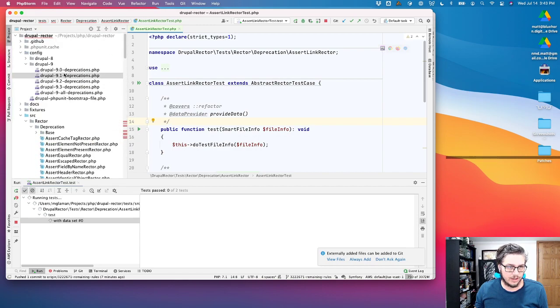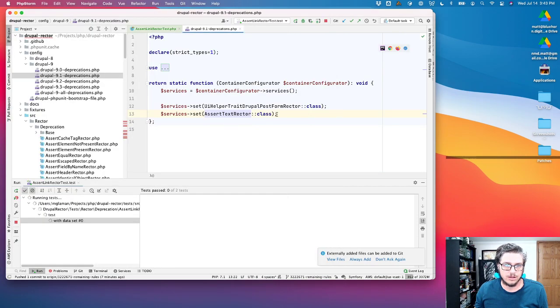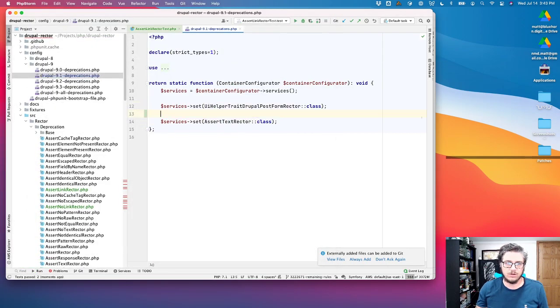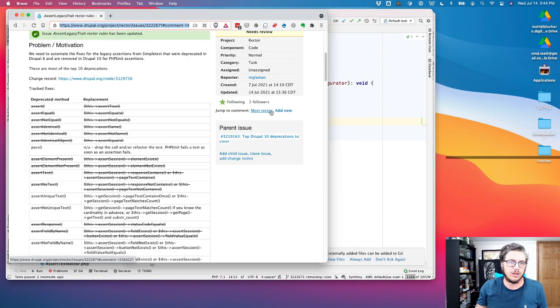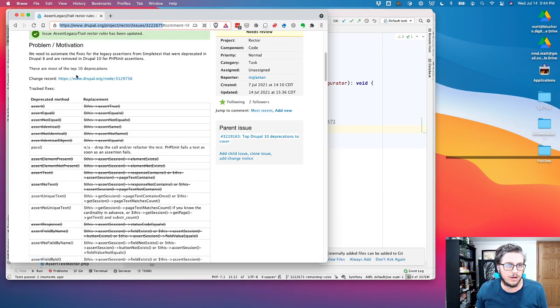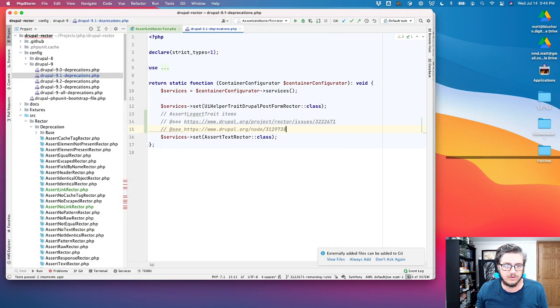And while that's running, I should really get some of this added in. I'm going to go down the list so we can do assert legacy trait items. See, don't need to really put the link. I don't think anybody's done that before, but I'm going to for this because it's just such a huge amount. The run past, so we have